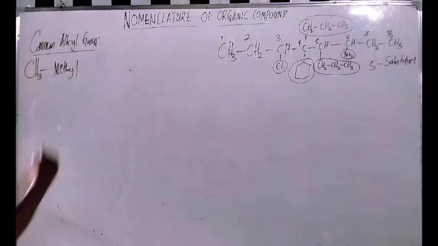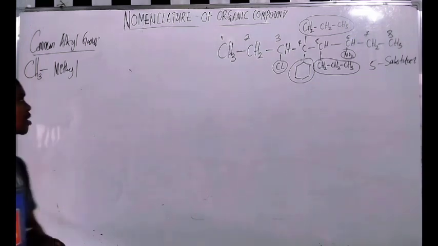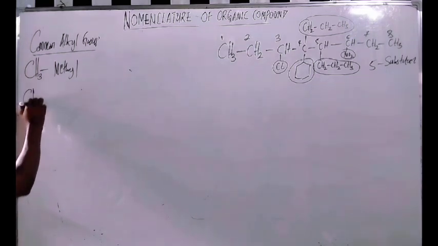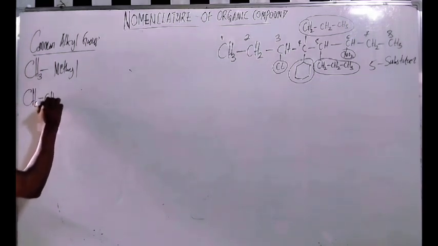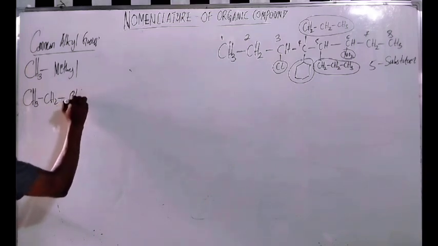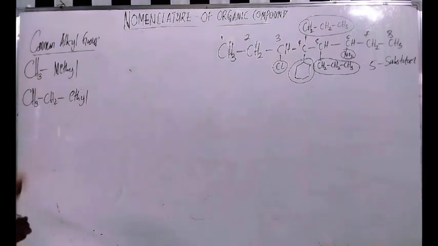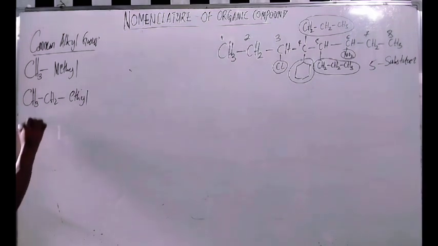CH3 is methyl. You have to know it. Now the next one, CH3CH2, is an ethyl. So whenever you see CH3CH2, it is an ethyl. The next one is CH3,